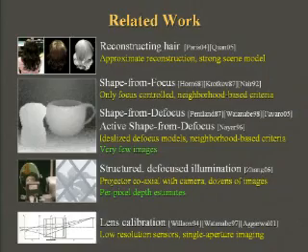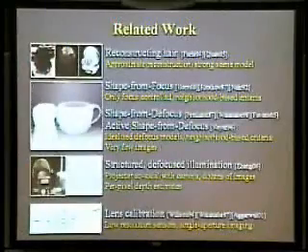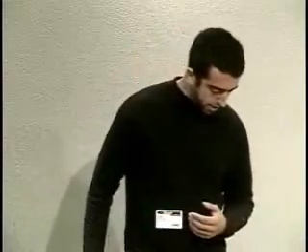Now, this builds on several lines of work. First of all, we have complex scene reconstruction methods, but these rely on particular generative models of what the scene is. Here we'd like to do very complex objects, but we don't want to assume any kind of prior knowledge of what the scene is. Our work is really most closely related to shape from focus and shape from defocus techniques. But these methods use focus criteria that can only be applied to windows of pixels. And so they produce depth maps whose effective spatial resolution is much lower than sensor resolution.